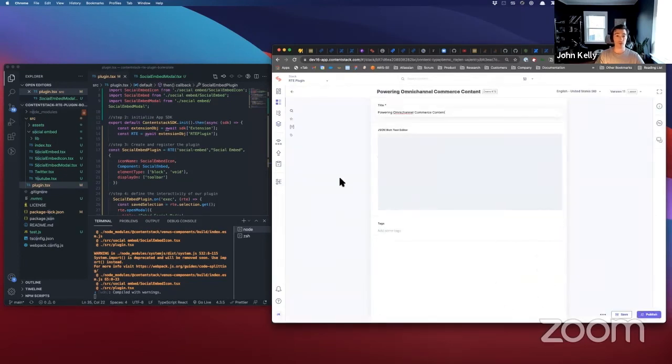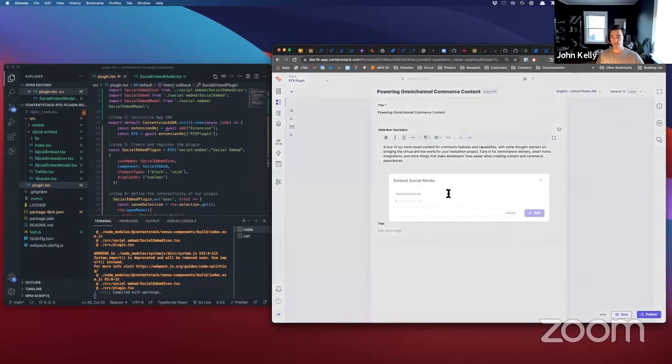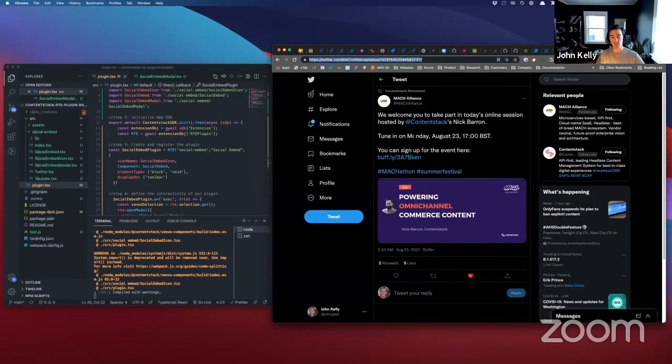You'll remember that it was basically just a single entry with a single item. And one thing you will see here is that we did have some basic text. I've now added a social embed functionality that didn't previously exist. If you caught it, it just popped up right after it loaded. And as soon as I do that, I now have the ability to drop in an embed URL. So I'm just going to grab a tweet from the Mock Alliance for Nick